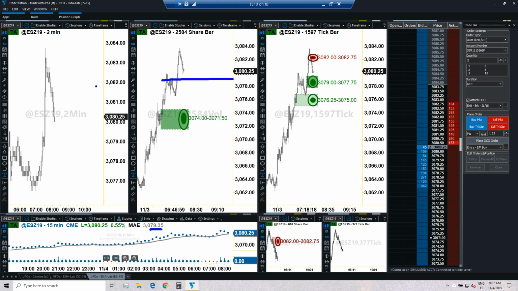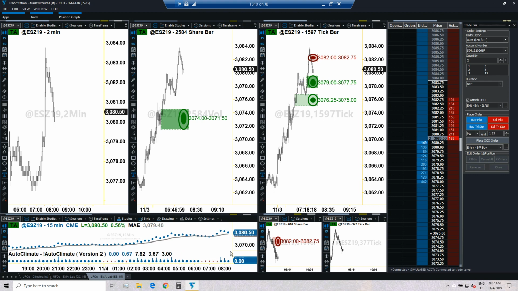30.79 is around here, we got nothing. 30.79 is around here, we got nothing. But in here, we do have 30.79. So that particular UFO is lining up properly with the average right here, and therefore we do have a valid trade setup. So before we put the trade in place, I do need to look at targets.